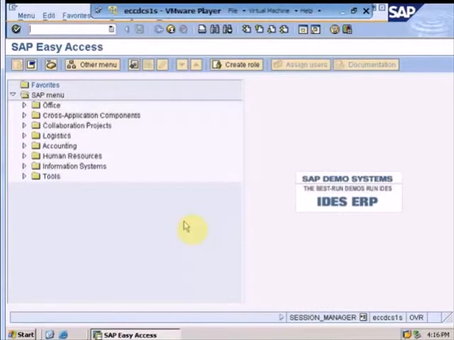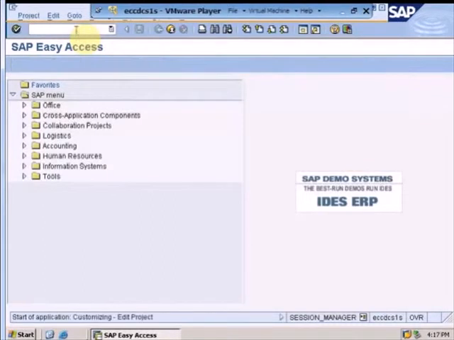which can be assigned to multiple objects. Now in order to create a variant, we'll again go to our IMG implementation guide transaction code, which is SPRO.